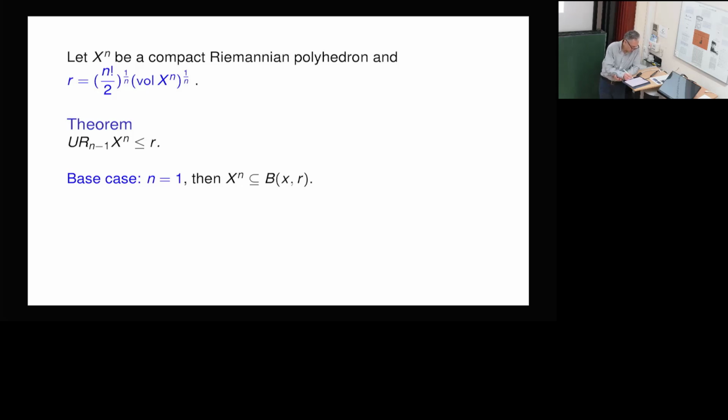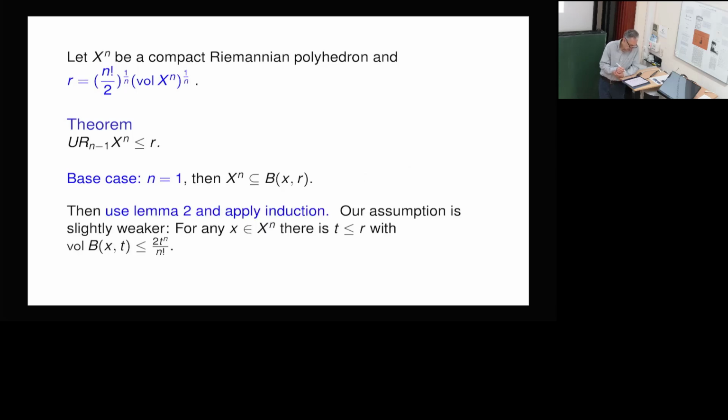When n is equal to 1, R is just the whole line, so R is equal to length, right? If the radius is bigger than r, then I'm going to have an interval of length greater than 2r, which is a contradiction because we get too much volume for dimension 1. So this is obvious. And now we use lemma 2 and apply induction, except I have the problem that we